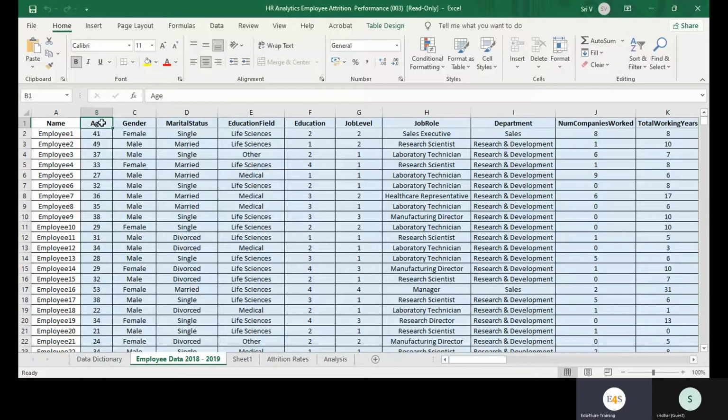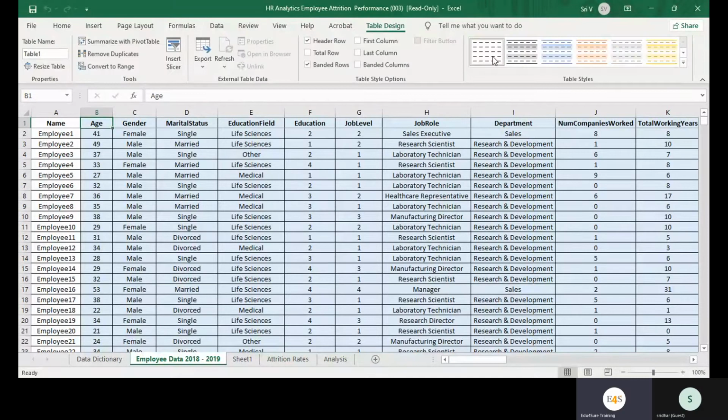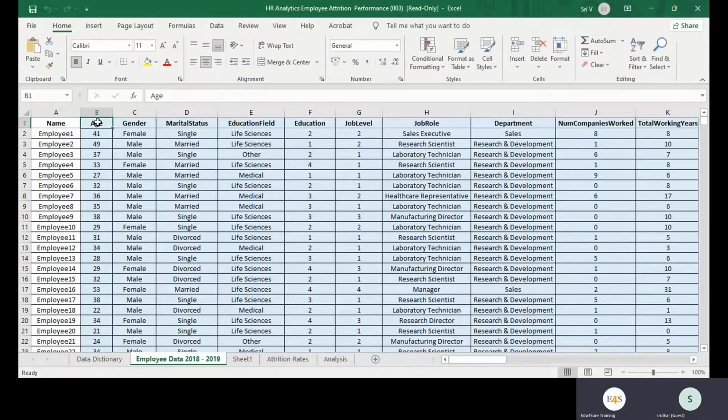Can you see? Click on table design in the menu. Oh, yes, so the name of the data is Table1, right? So basically this is already a table. It's just that in the table we have not included the employee name. This is the reason when you were clicking on column A, you were not getting the table design option at the top. Correct. Yeah, I got it.